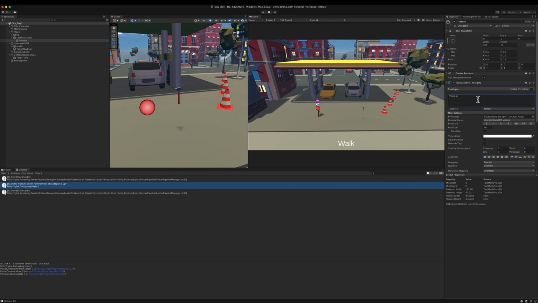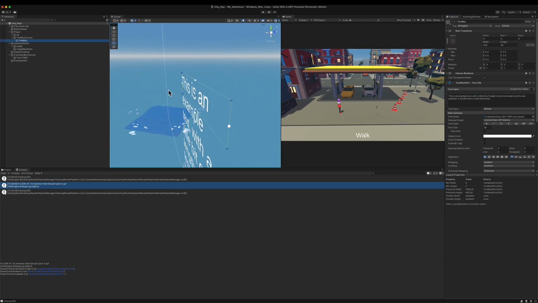And let's just add some text to it. This is an example text with a little bit of length. The test line breaks and its size properly. Sorry, it should have at most 3 lines. Let's put it like that. Properly, there's a typo. Let's fix it. Okay, so now let's set up this canvas, because as you can see, it's not showing up yet because it